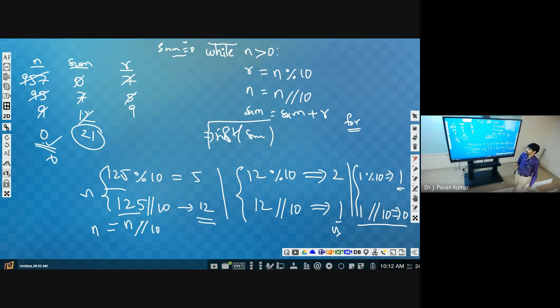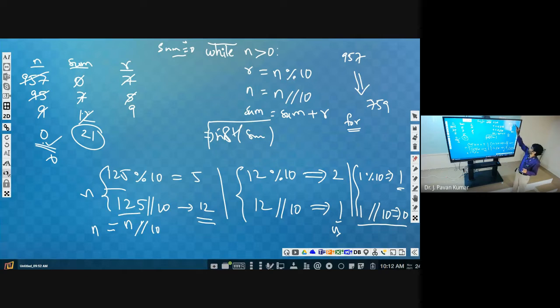This one you do it. And another one is, same 957 only you consider. You have to reverse the given number. 957 is the input. Then what will be the output? 759.